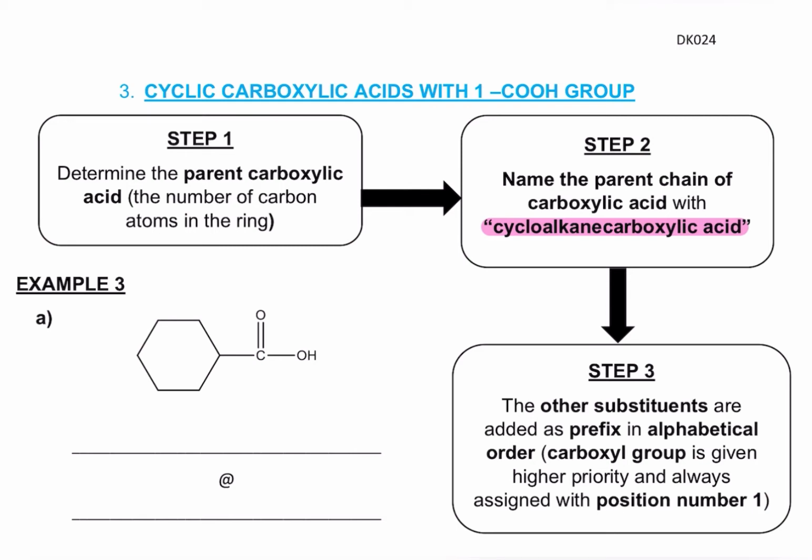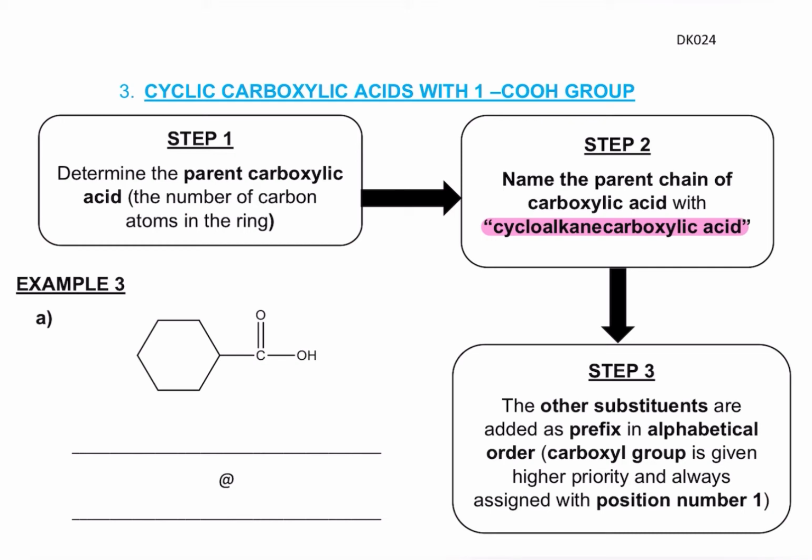So let's go to example 3, structure A. I have here my ring attached directly to the carboxyl group. So this is where I'm going to choose the general naming. I've got my ring with 6 carbon atoms. So this is what we call cyclohexane. So the name for this structure will be